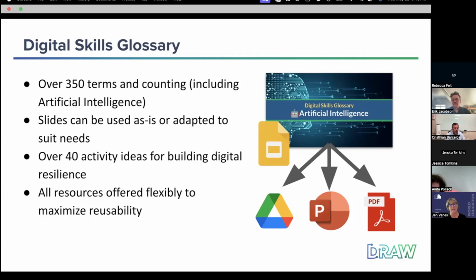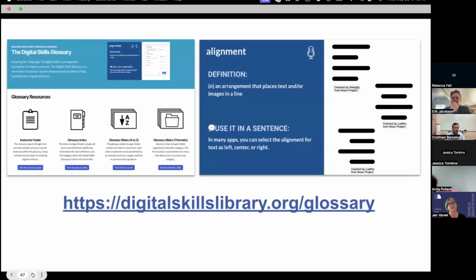It's basically a Google slide deck or series of Google slide decks that offer over 350 terms and activity ideas that you can use to build learners' understanding and use of the language that's involved in using technology. We have an instructor guide to tell instructors how to use this. We have a glossary or an index that highlights at a glance what's in the slide decks. And then we have two versions of the slide decks, one that's alphabetical A to Z, and one that's thematic, and these thematic organizations align to the Bridges framework. So it would be very easy to start with the Bridges framework, choose your competency area, then go over here, click to the thematic slides and choose the vocabulary